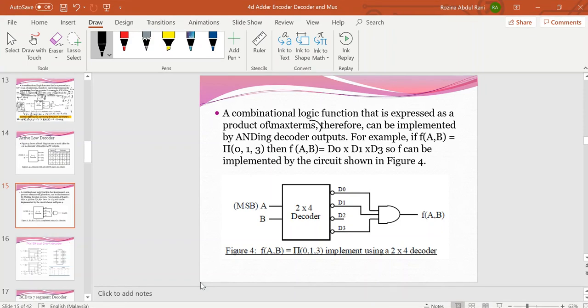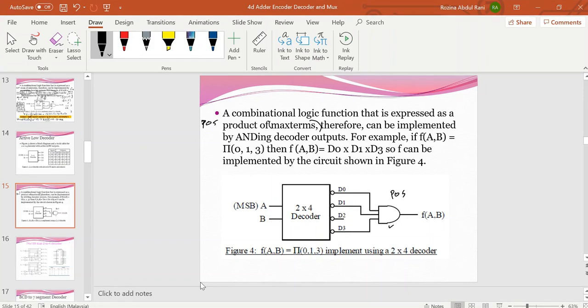Max term means POS, product of sum. So therefore, it can be implemented by ANDing decoder outputs. For active high decoder, we use OR gate, but for active low decoder, we use AND gate, because we want to do the